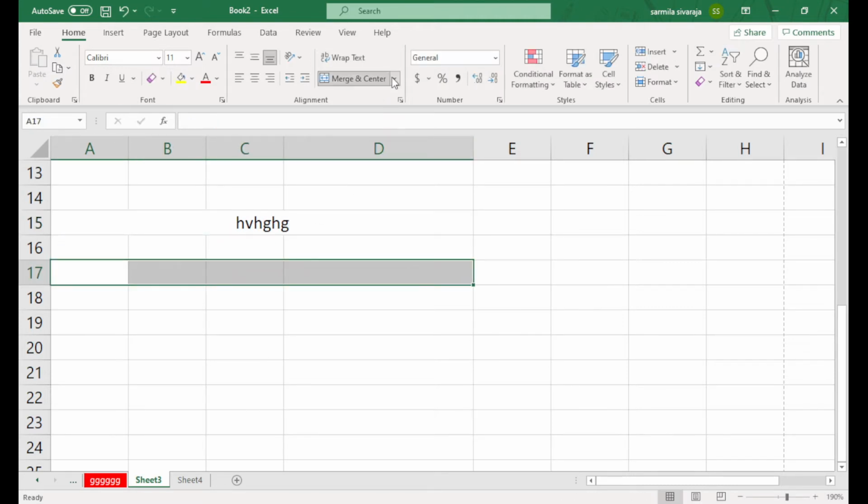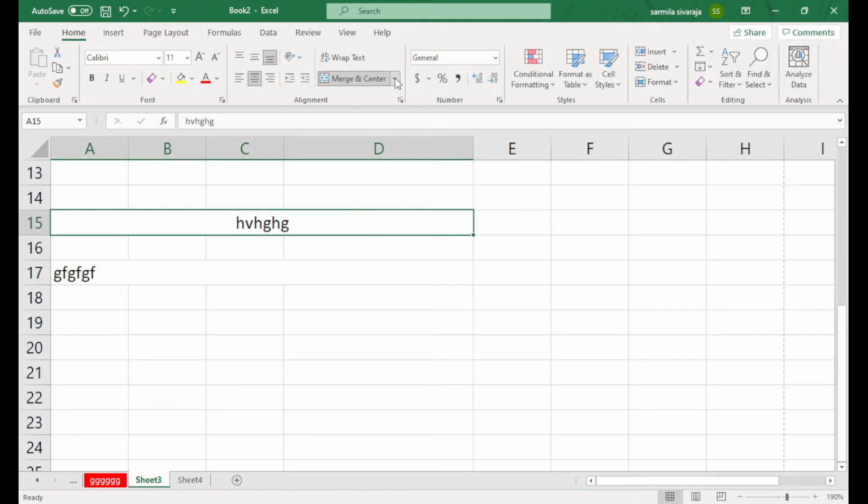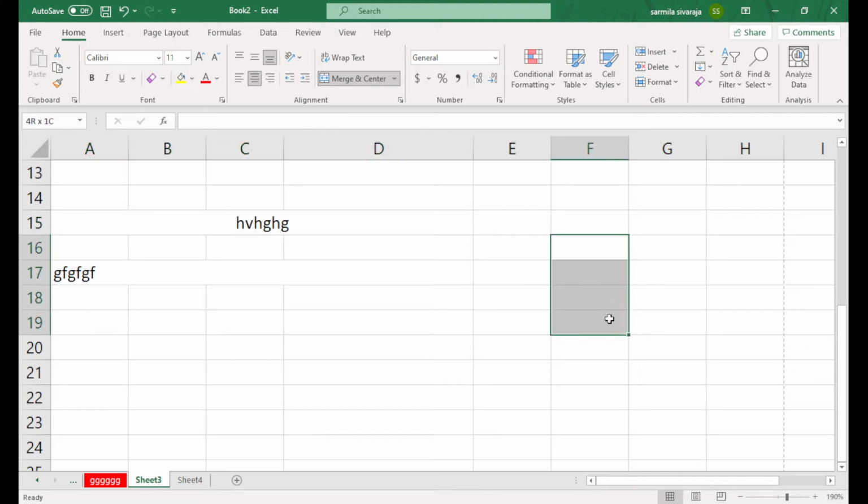If you merge using merge across, when you type everything, it starts from the left side. So that is the difference between merge and center and merge across. Merge cells means just two or three cells like this. Then unmerge means you can unmerge your cells anywhere.